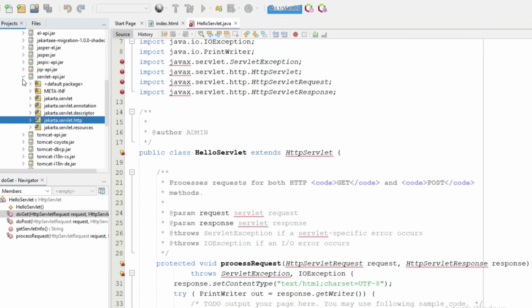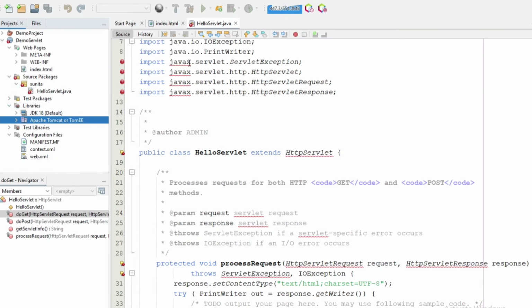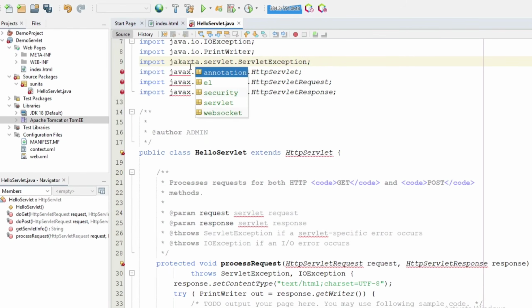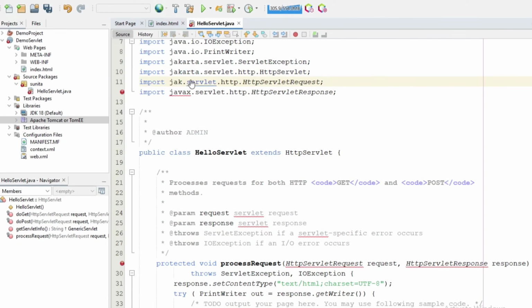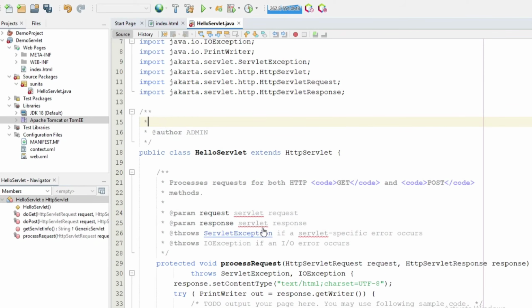So javax does not exist, hence it is showing me this error. So just replace this by Jakarta. Just type JAK and Control Space. It will replace it with Jakarta. JAK Control Space. Let's do it for the remaining also. Okay, done. Now just Control S to save these changes. Yes, so now my error has been resolved.